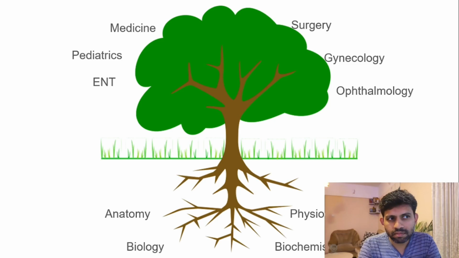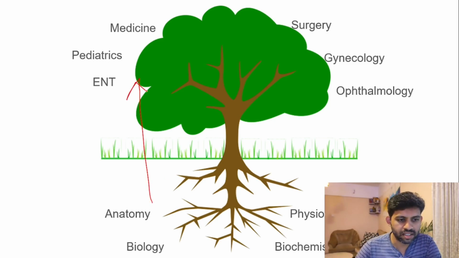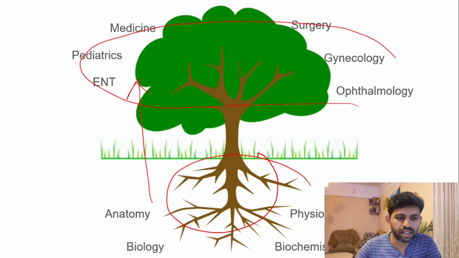So, they see the patient, treat the patient, and the basic sciences give them an idea as to what exactly the disease is. But if basic sciences are the roots, and all these clinical subjects are the leaves and branches and everything, then